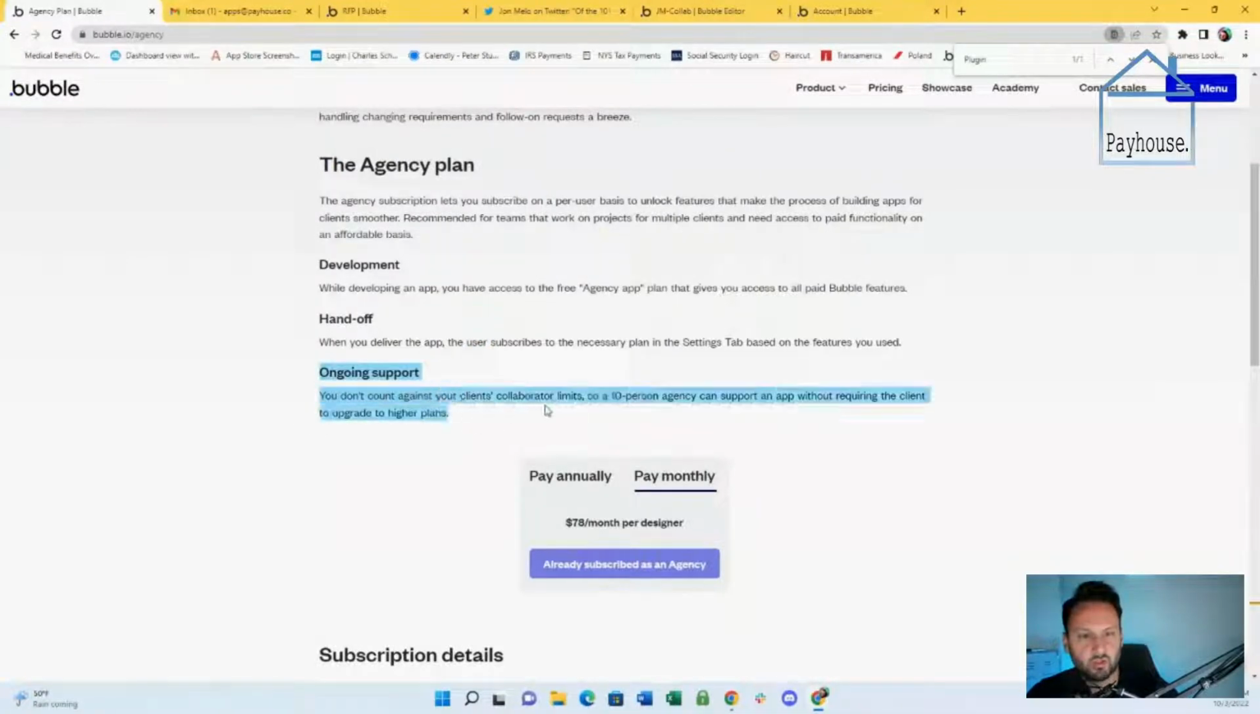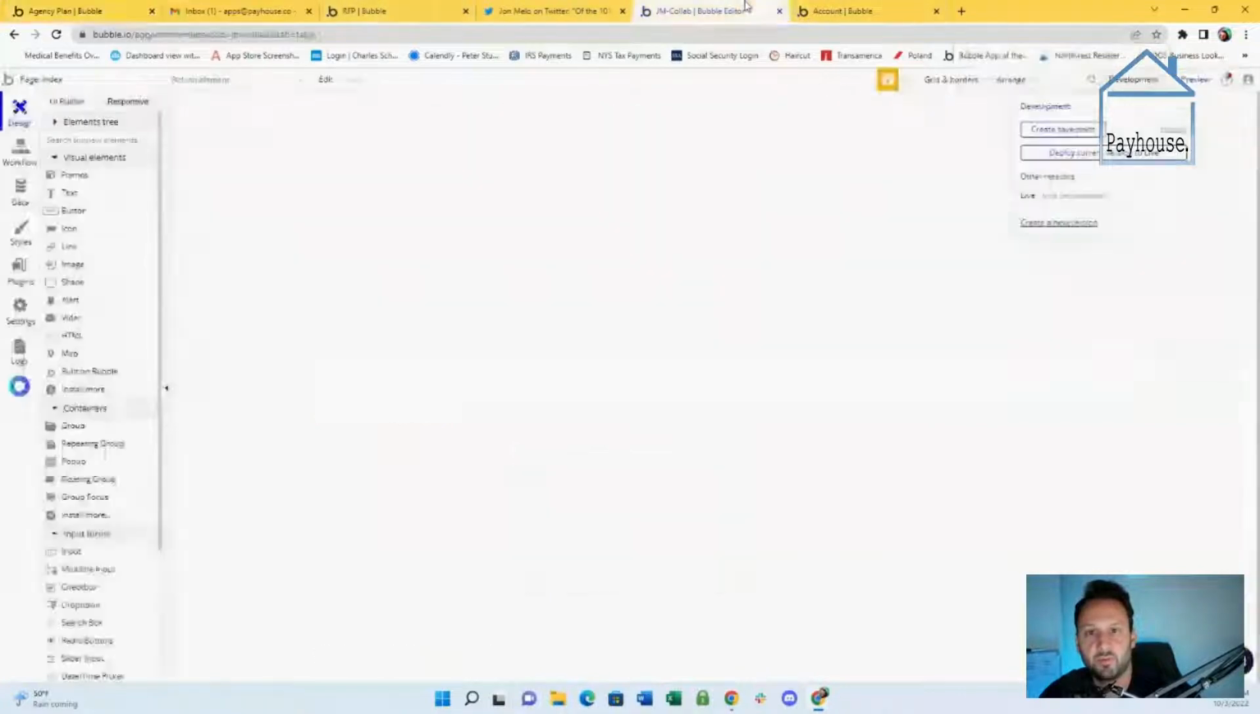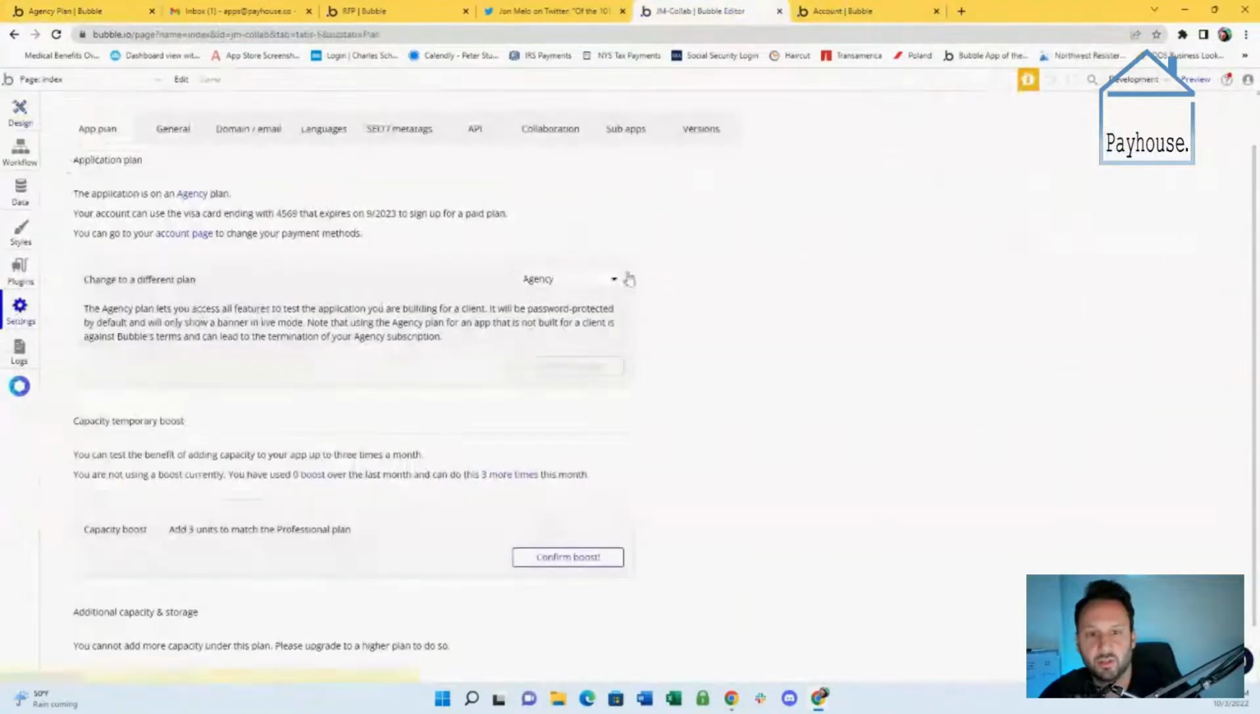You don't count against your client's collaborator limits. So a 10-person agency can support an app without requiring. This is a great feature right here. This is awesome. So you know how if you go to the collaboration tab, if you're on a free plan and you go here,